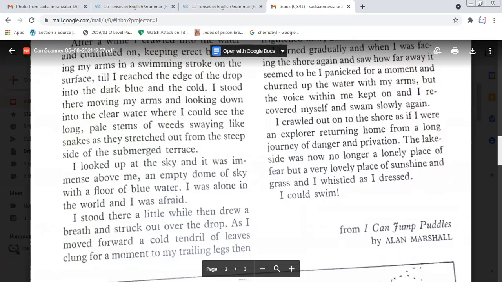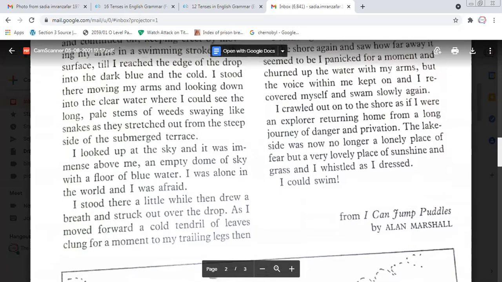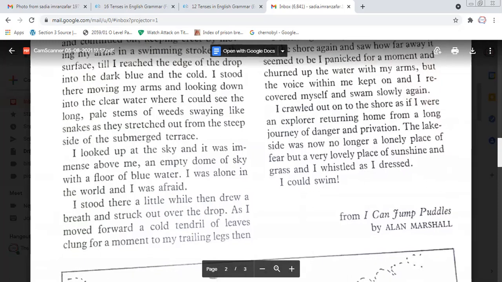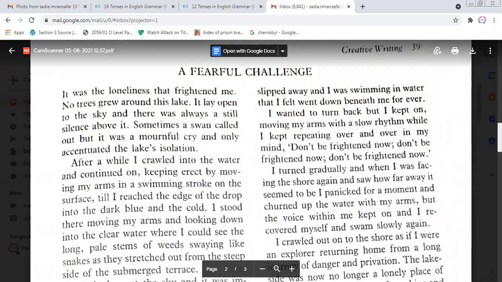I looked up at the sky and it was immense above me. An empty dome of sky with a floor of blue water. I was alone in the world and I was afraid. I stood there a little while, then drew a breath and struck out over the drop. As I moved forward, a cold tendril of leaves clung for a moment to my trailing legs,